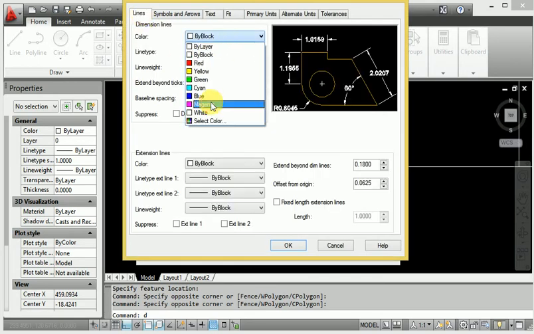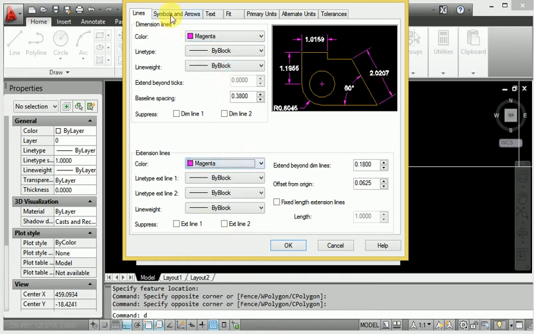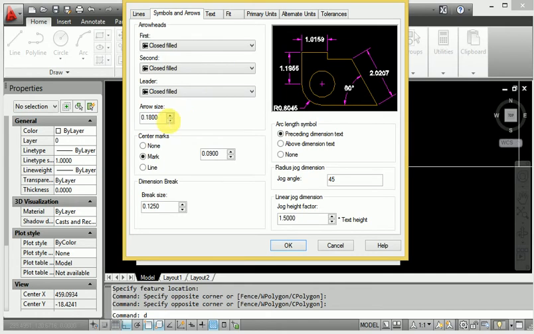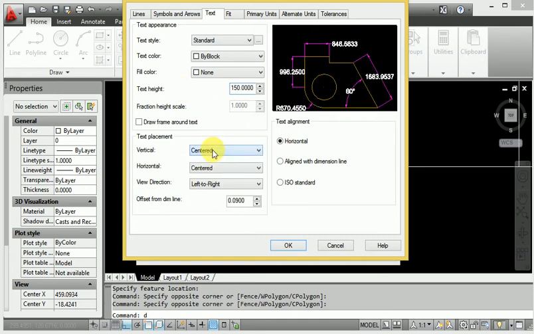The symbol is used, 100 mm also there, and the text is 150 mm. Above in the diagram, the color used is green, and alignment.